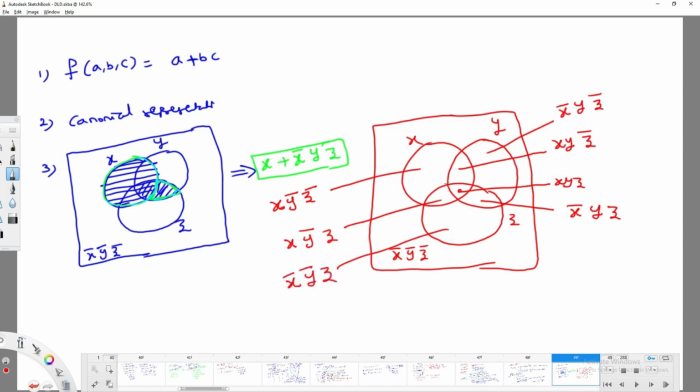With respect to 3 boolean values, you are going to get 8 values, right? 1, 2, 3, 4, 5, 6, 7, 8. 8 values are there. So if you know this structure, you can define the expression, and you can also write it individually. So once you know this expression,